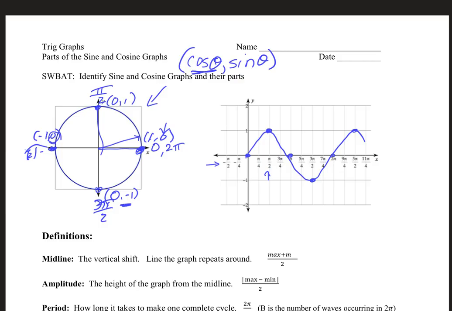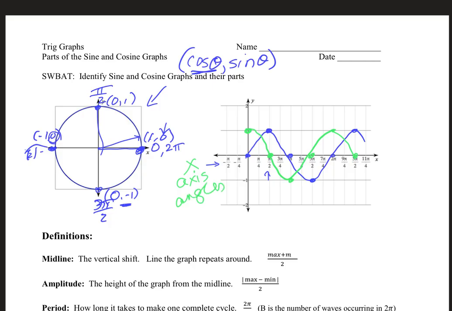Now, cosine is similar. I'm just going to switch colors for cosine. Let's make it that color. Cosine of 0 is 1. Cosine of pi over 2 is 0. And you can see how they're very close graphs. They're very similar to each other, but they're off. They're like almost shoved over. The same graph, but shoved over a little bit. 5 pi over 2 would be that one. Okay? So these are our basic cosine graphs, and this is where they come from, where the x-axis is our angles,